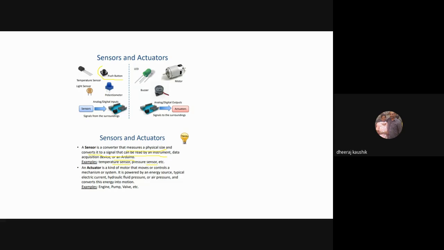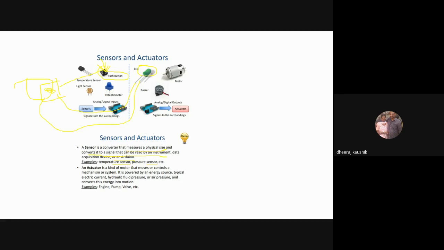So you can see this push button right here. While pushing this button, this sends an electrical signal to the board, and the board receives the signal, calculates it, and then it gives an output signal to, suppose, an LED here, which is connected to the ground pin here. So now this LED glows, right? This LED glows because this push button has been pushed, and the brain of this circuit is the Arduino, which we are using right now. So now you might have got a clear idea about what is a sensor and what is an actuator.